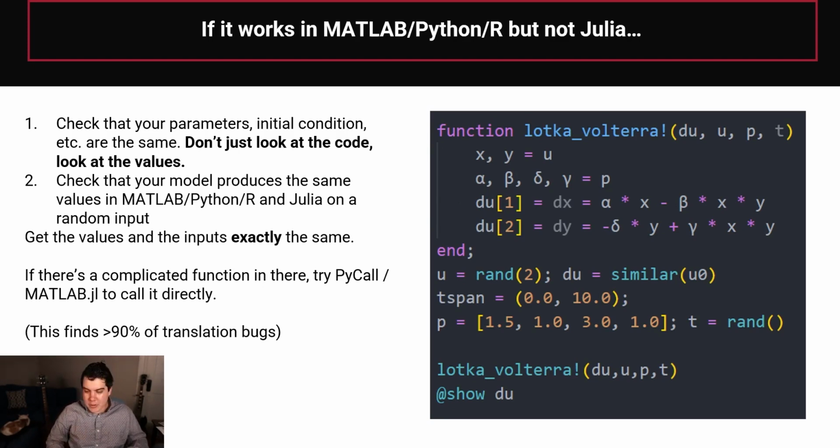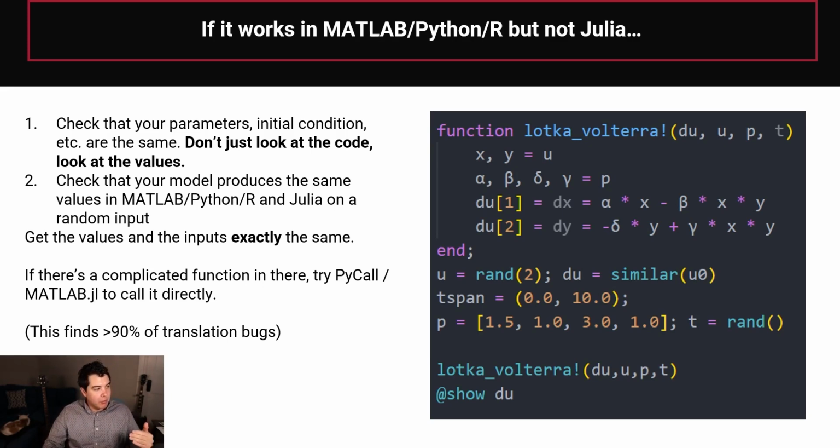Don't be like, oh, Interpolations.jl is a lot like scipy.interpolate, so it should be similar, right? Try to reduce all of the things that can go wrong by making it exact, right? So directly call scipy interpolate inside of here using PyCall, and you might find that your issue goes away when